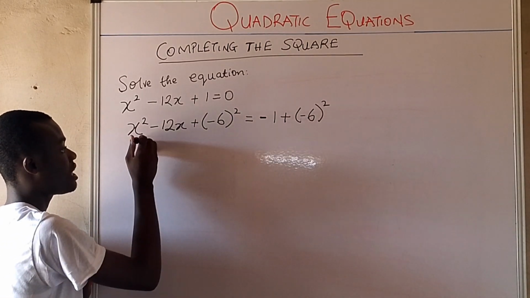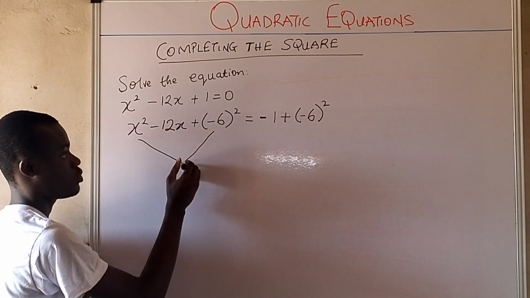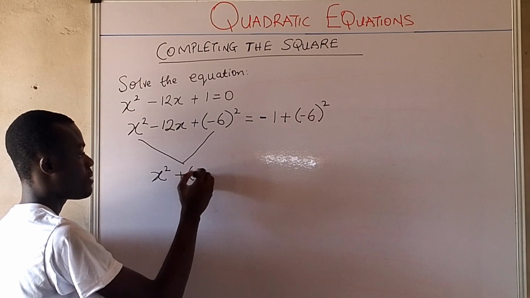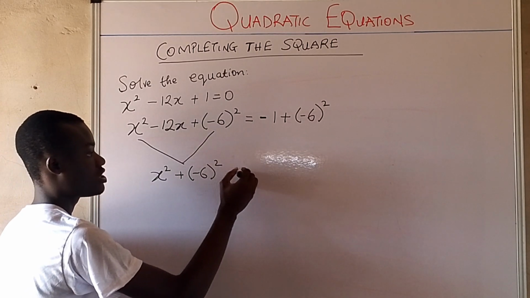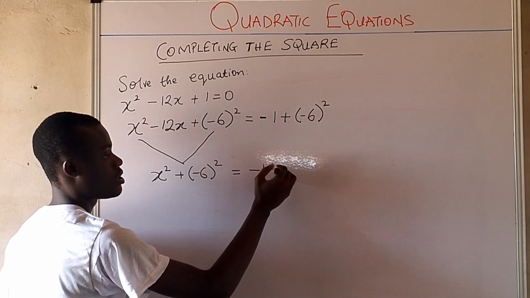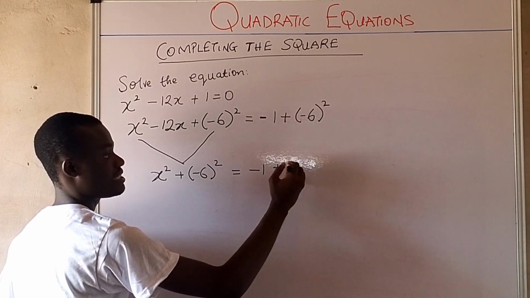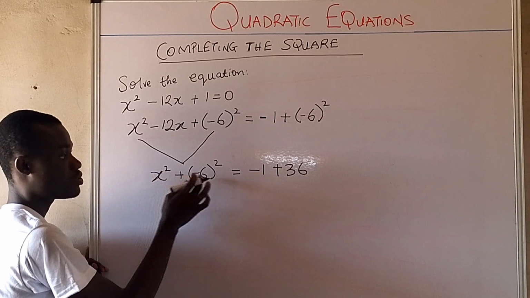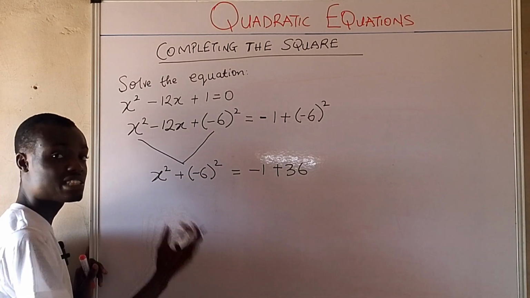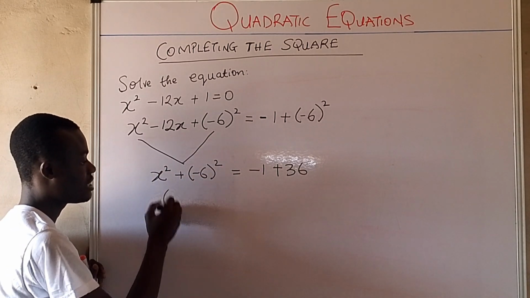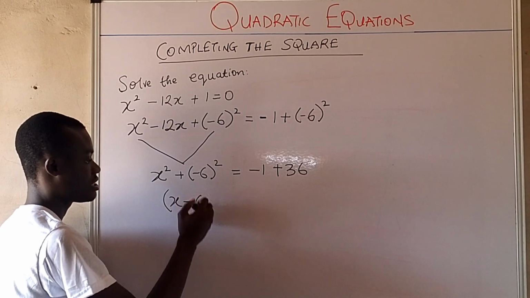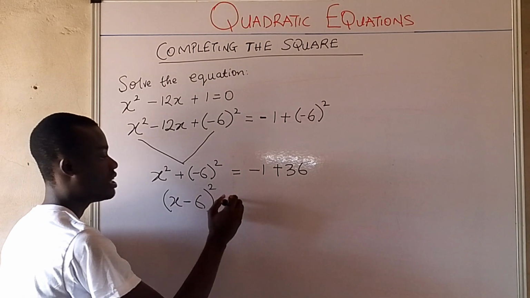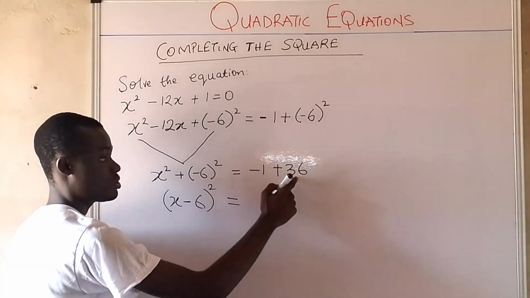So what we are going to do, we are going to pick out this with x squared and this with the square. So we have x squared plus minus 6 squared is equal to minus 1 plus minus 6 squared, which is 36. Now, because this has square and this has square, we are going to pick the numbers and place them in a common square. So I'm going to write it as x, this is minus 6, and they both have square, so I'm going to give them a common square. x minus 6 squared is equal to minus 1 plus 36,